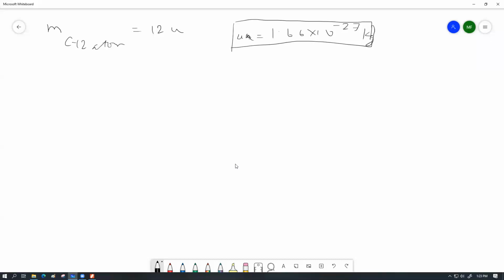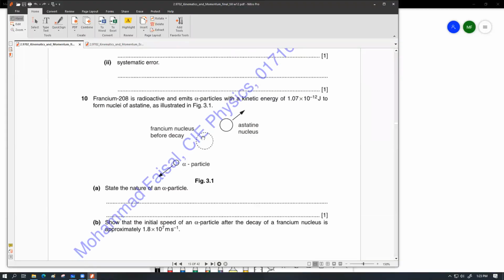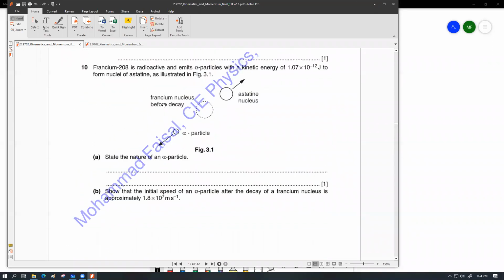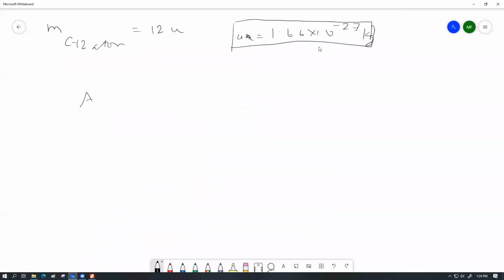So in the same mechanism, you can find out the mass of other relevant objects as long as you can sort out their mass number, not atomic number. In the equation that we gave, we had a stationary francium nucleus, Fr, decaying into an alpha particle and another nucleus. A francium nucleus was defined to have a mass number of 208, it does not necessarily give us the atomic number, which we do not need for this sum. So I can very well write that